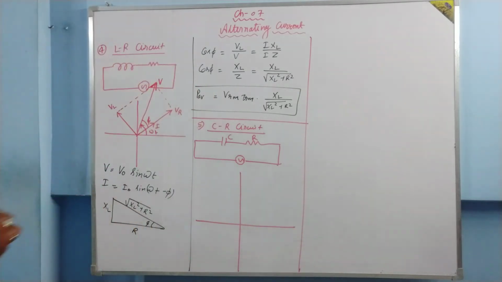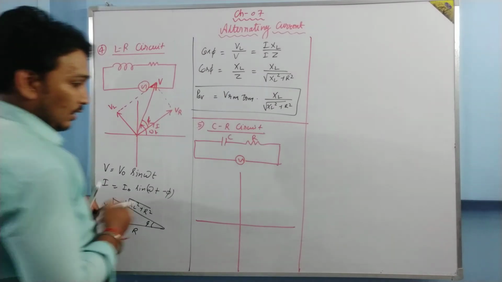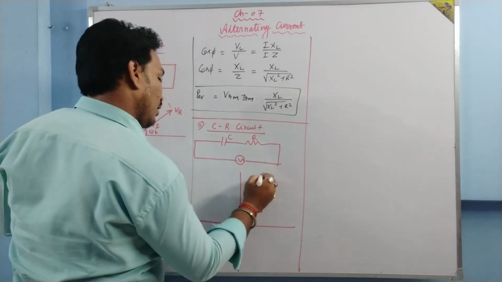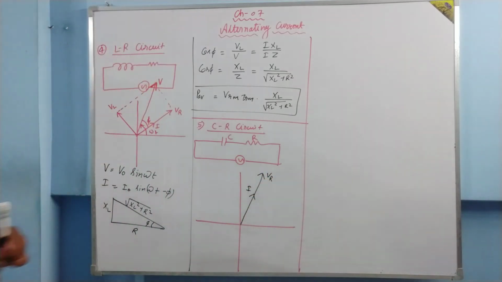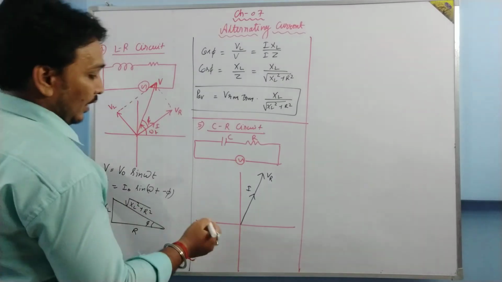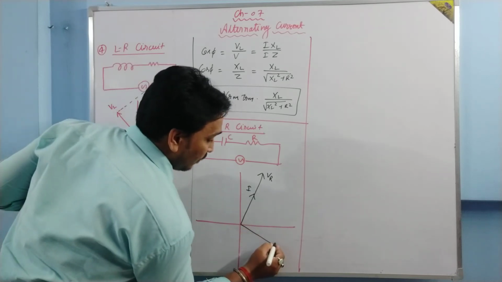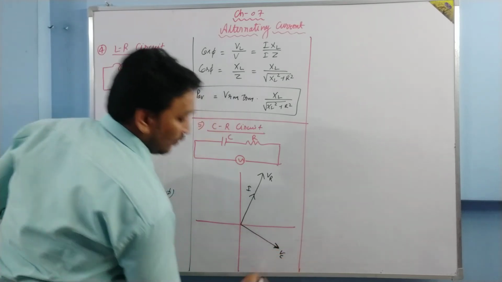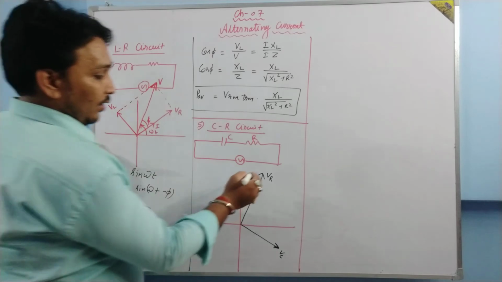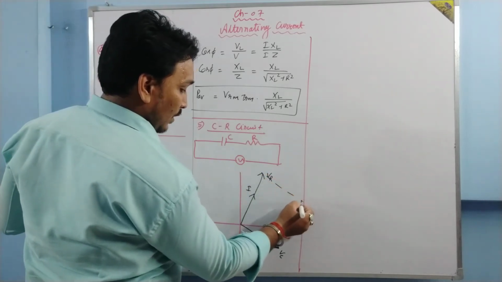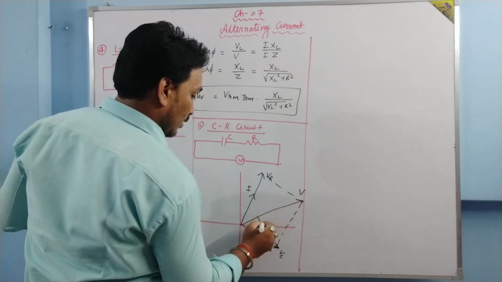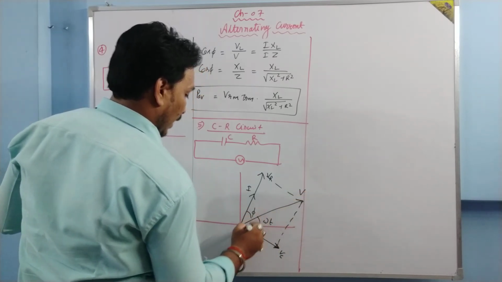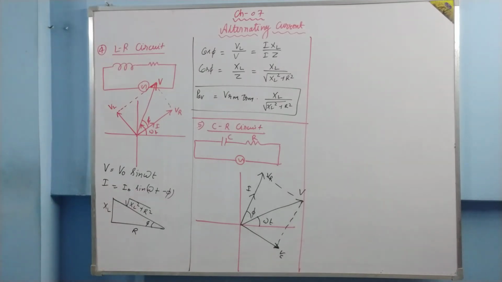Now, how does the phasor look? The value of V and the value of VR is this side. On this side the current is also there, because there is no phase difference between current and voltage for a resistor. And for a capacitor, there is a phase difference of pi by 2. So the capacitor voltage will be made here. If we make the resultant of these two, we are going to have the resultant somewhere here. This is the resultant, this is the value of omega t, this is the value of phi. So in this case, current leads the voltage.